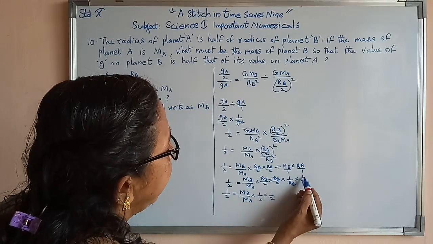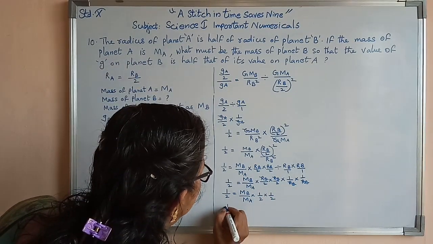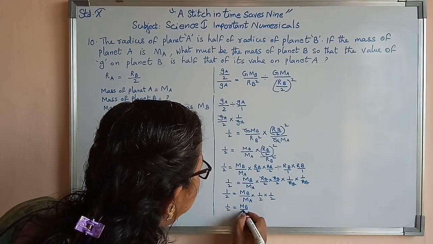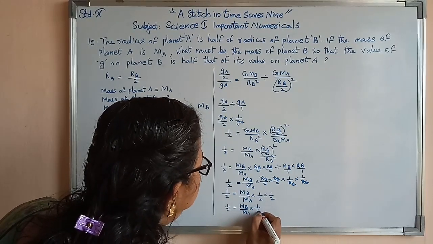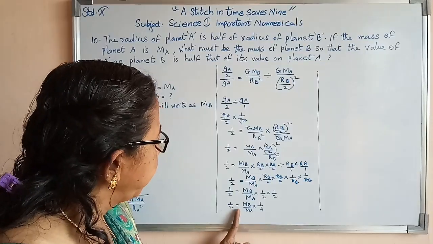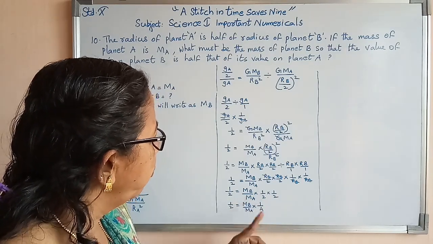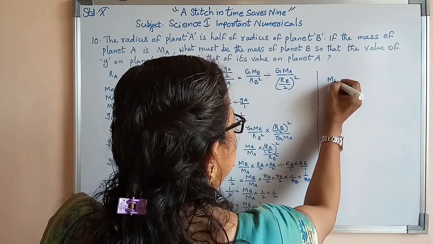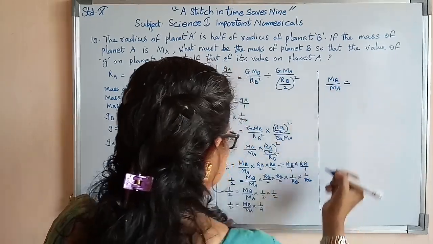Now our answer will be 1 upon 2 is equal to Mb upon Ma into 1 upon 4. Here half is equal to Mb upon Ma into 1 upon 4. Now we will write Mb upon Ma equal to